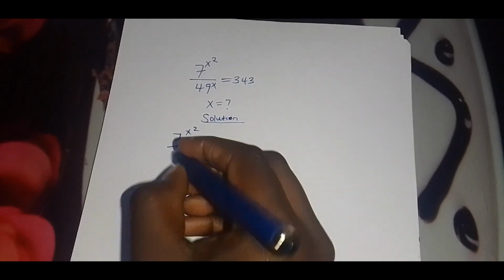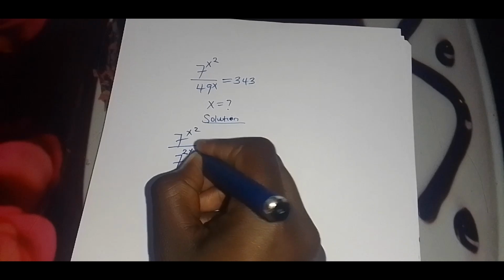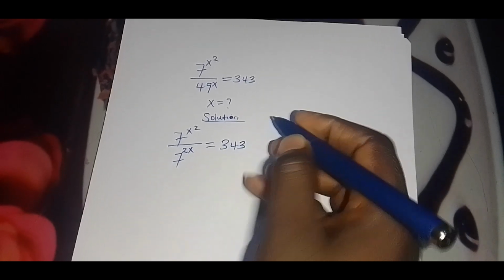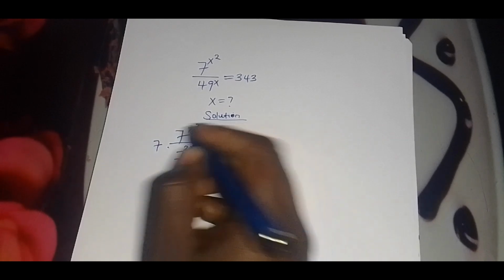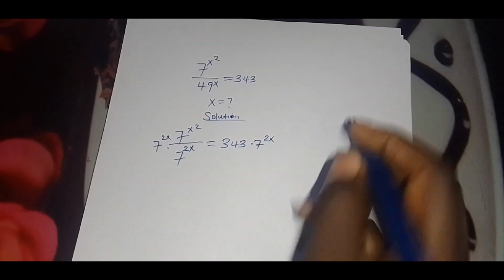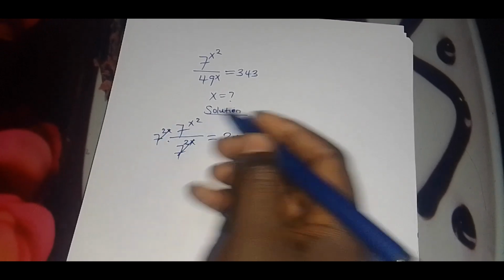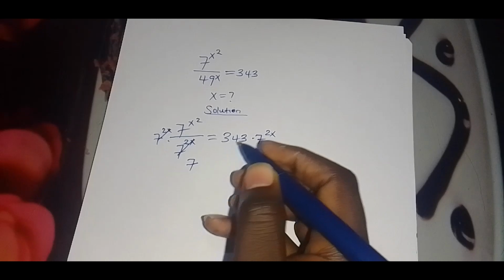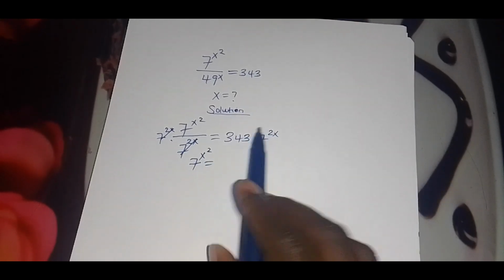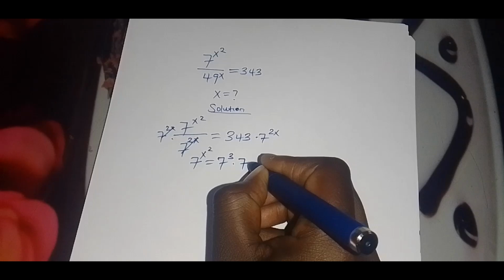x, which you can express as 7 squared multiplied by x. This is equal to 343. You multiply both sides by 7 raised to the power 2x. Okay, so that now 7 raised to the power 2x simplifies, so that you have 7 raised to the power x squared. This is equal to 343 can be expressed as 7 cubed multiplied by 7 raised to the